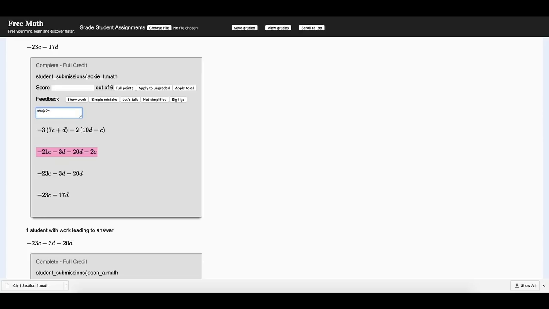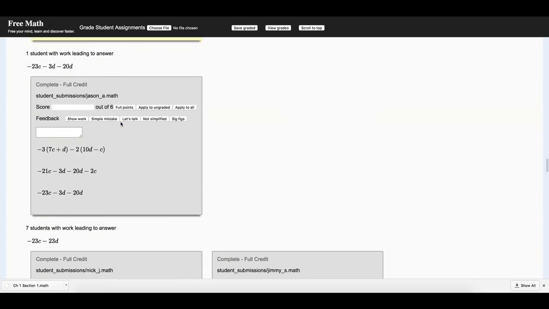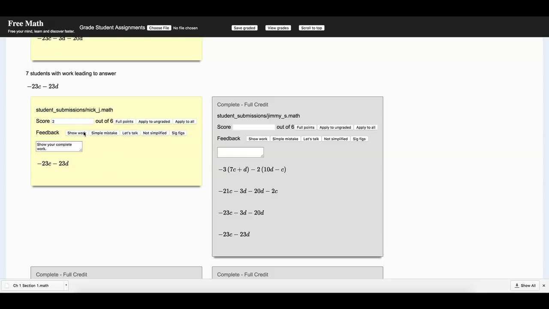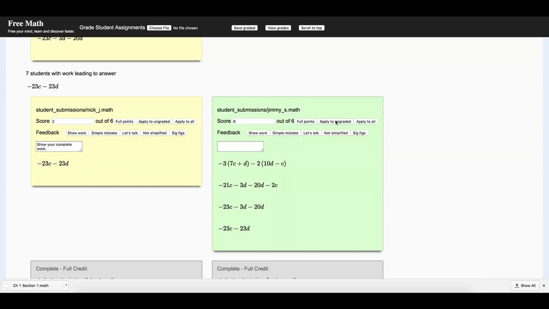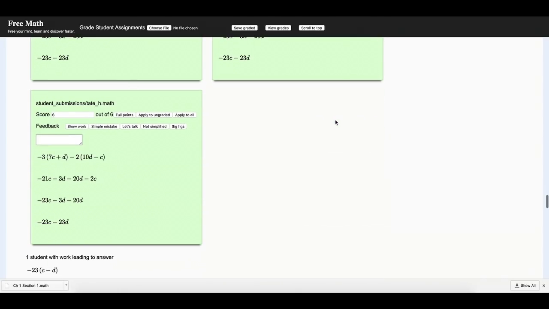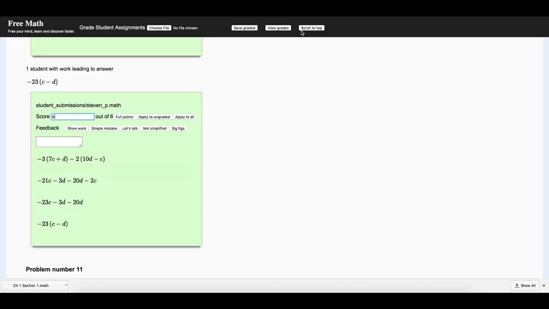After reviewing work from individual students, you may decide to downgrade a student for not showing enough work, not giving the correct significant figures, even though that was similar to the correct answer, or maybe some other cosmetic differences. Free Math tries to provide the right balance between tools to optimize grading quickly by providing bulk actions, as well as allowing you to give specific feedback to students that need it. After you finish grading a problem, there's a button on the top menu to bring you back to the top of the page to that graph, and we'll go back there now